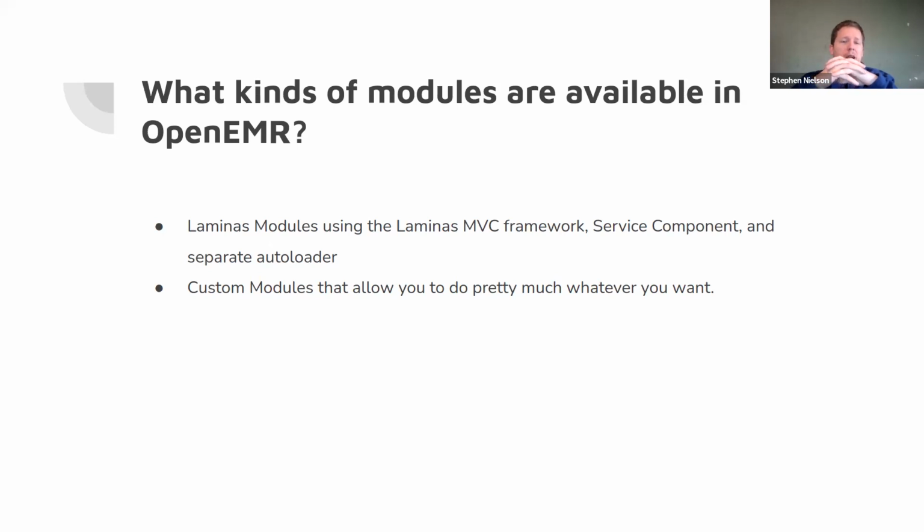I'll cover that a little bit today, but we'll do a more advanced topic because we'll have to talk through things like dependency injection. We'll have to talk through hot loading and some of the caching and some of the service containers that are involved in the Laminas modules. There's a lot more concepts involved in order to do those modules right. And it is a great framework if you're going to build something that is, I don't know, 50,000 or 100,000 lines of code, maybe even a couple hundred thousand lines of code, where the framework is going to force you to follow really good design patterns that work in large teams, right?